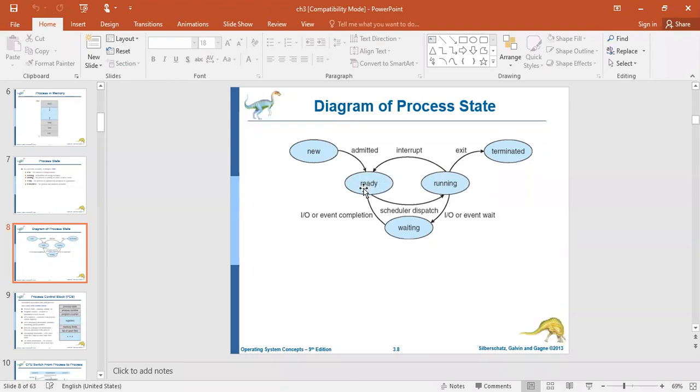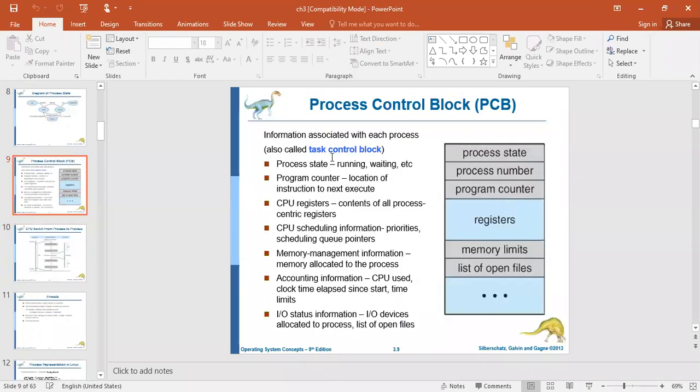Okay. So once it enters the ready state, again it will be moved to the running state once the CPU is free. Like that, the process is repeated. Once all the instructions are executed, it will enter the terminated state. There ends the matter. So these are the various states that exist right from the beginning of process creation to process termination. Right? This is called the process life cycle.